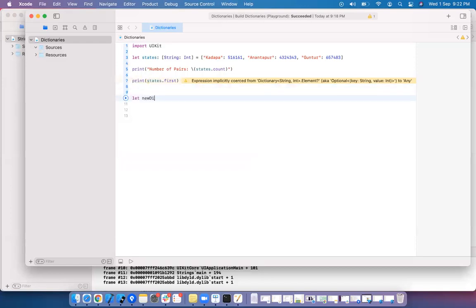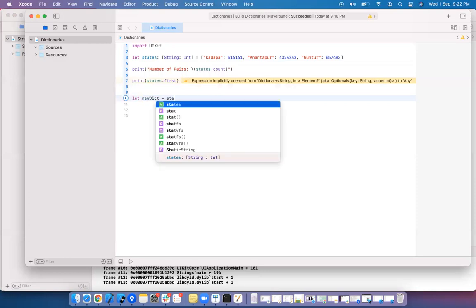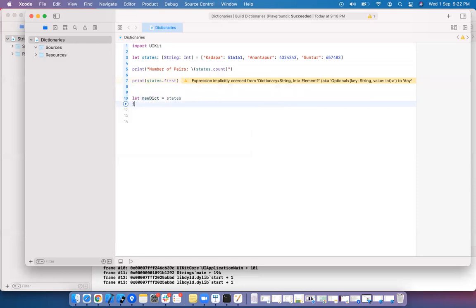New dictionary equal to states. New dictionary double equal to states, comparing. If the two dictionaries are the same, print same, else not matching.